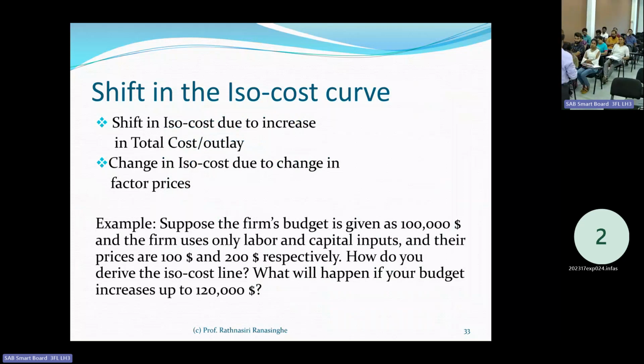Price changes, meaning those of labor and capital. There can be changes in the prices of the factors of production. If there is an increase or decrease in price, since prices are very important in production decisions, that will directly affect the cost of production. So if there is a rise in the price, normally a rational producer will decide the production mix